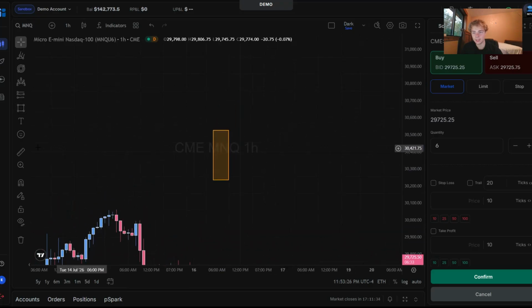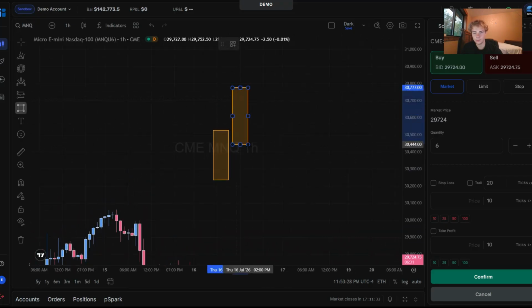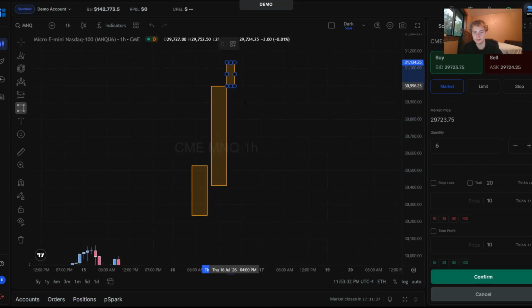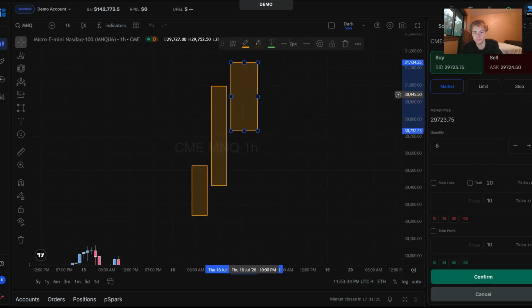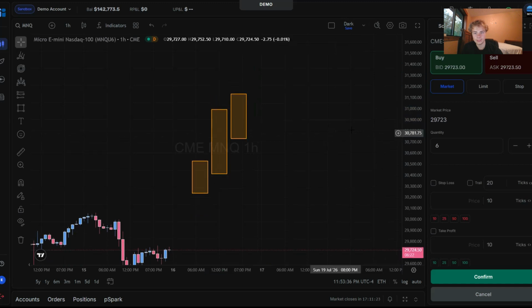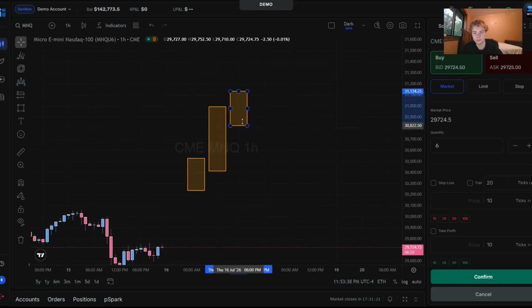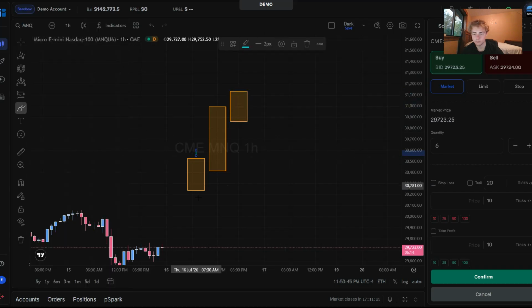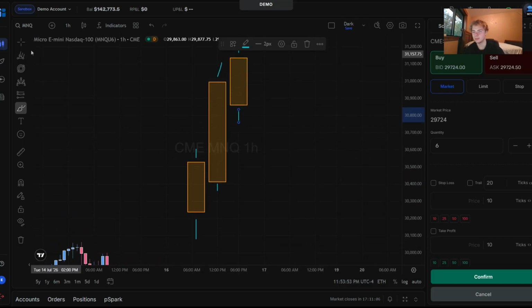So if that's a candle body, this is a candle body, and this is the third one. And then I'll draw little wicks. So these ones just have tiny wicks. My drawing's not incredible, but